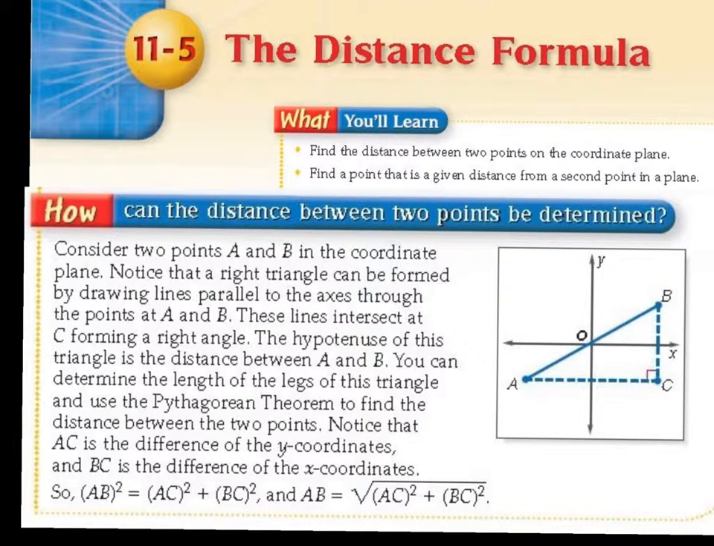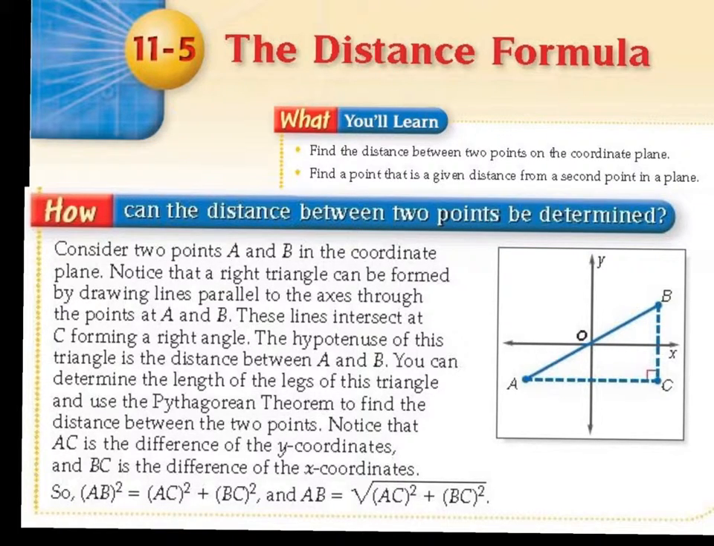Notice that a right triangle can be formed by drawing lines parallel to the axis through points A and B. These lines intersect at C, forming a right angle. The hypotenuse of this triangle is the distance between A and B. You can determine the length of the legs of this triangle and then use the Pythagorean theorem to find the distance